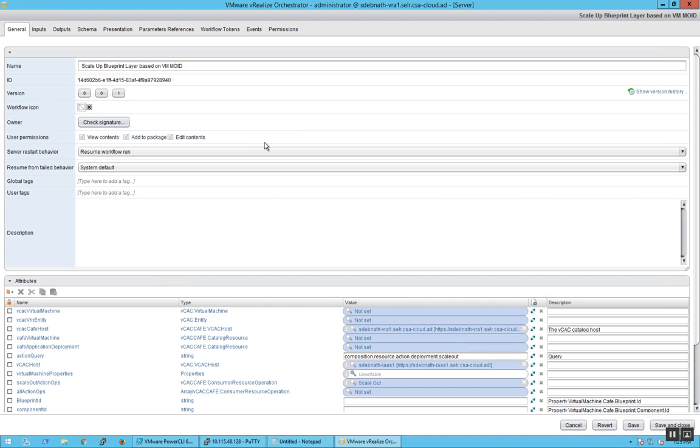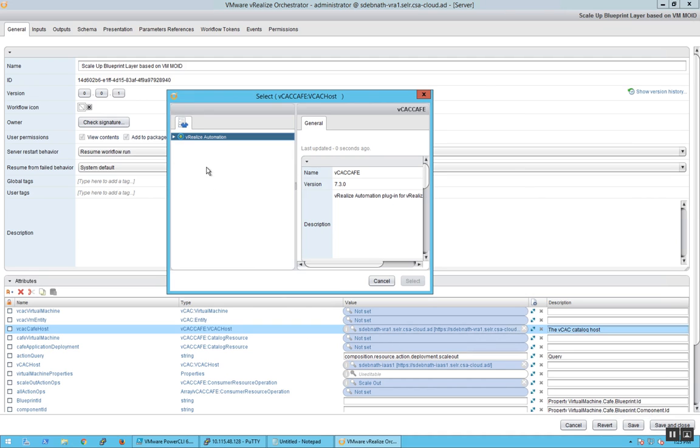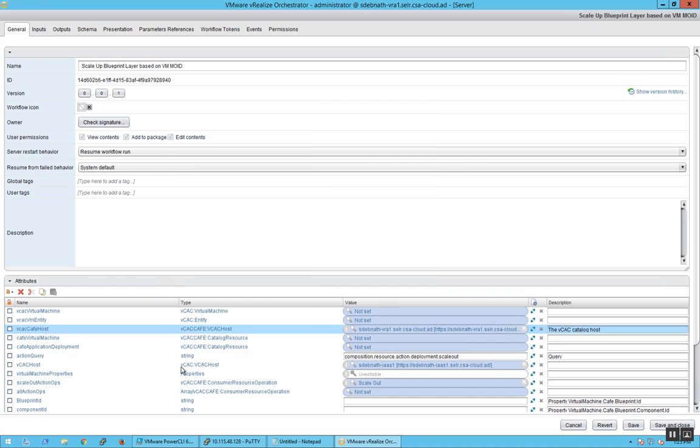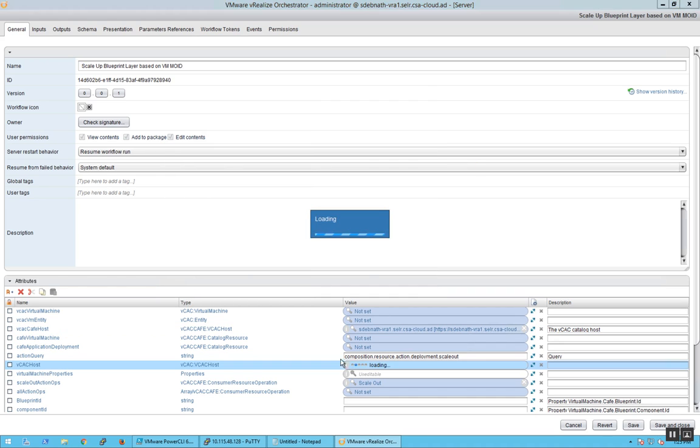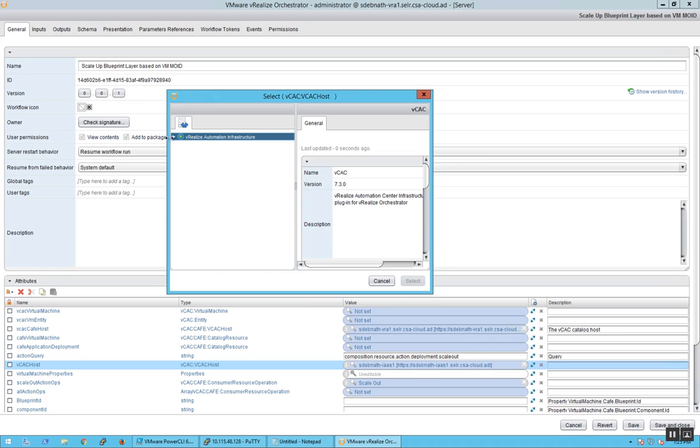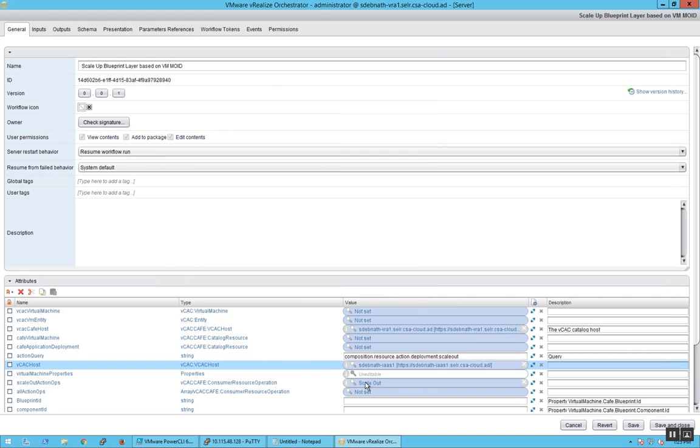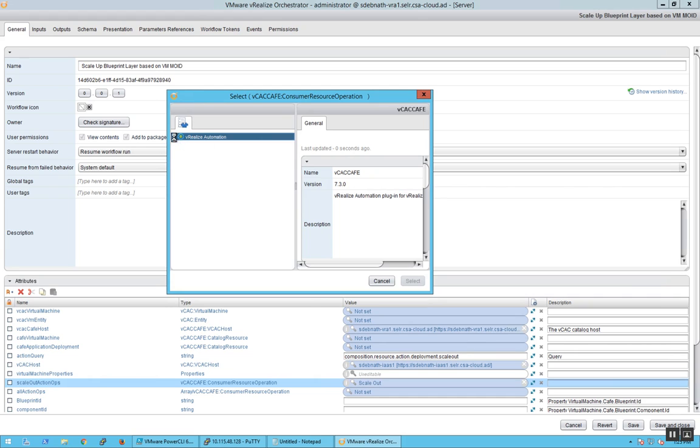So scale up, you need to do it for both scale up and scale down. If you see cafe host, you need to select it here. If you go there, it will show you the cafe host, just select the host. For VCAC host, you need to select it as well. There is your IaaS server that you have added. So you just add the IaaS server, and then for this operation, scale out action, you need to select the host